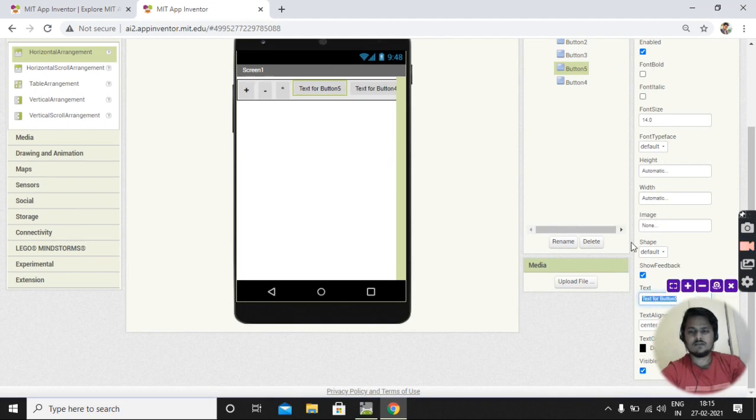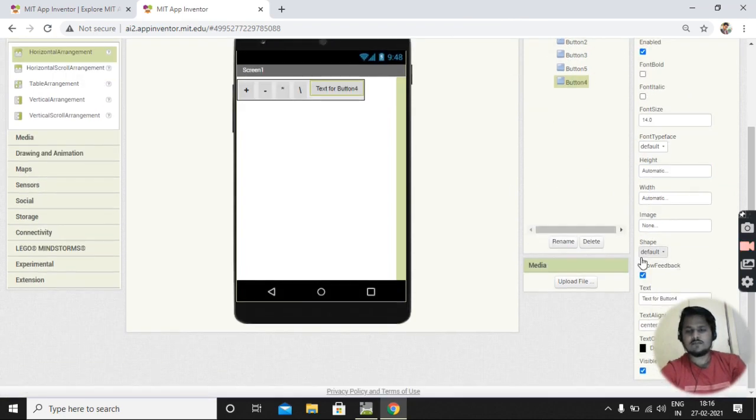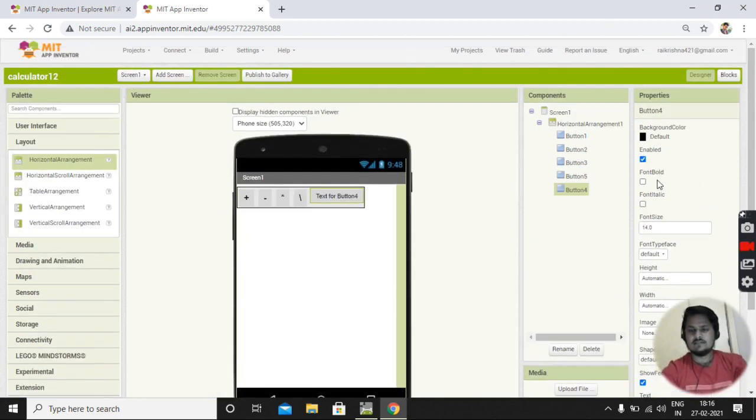For the fourth one, we are going to give the division sign. Font size should be the same, 21, and font is bold. And the fifth one is for clear, so write C. Font bold and size 21.